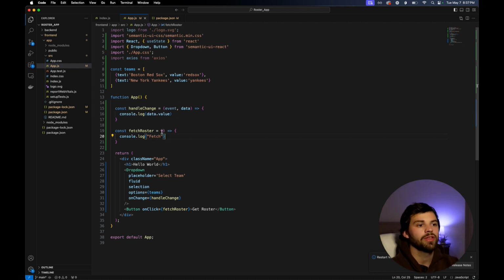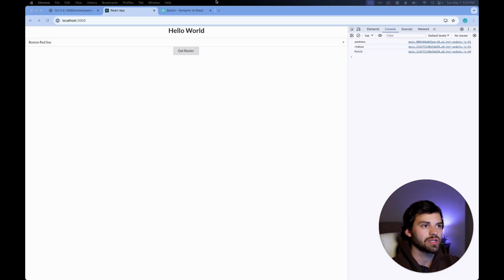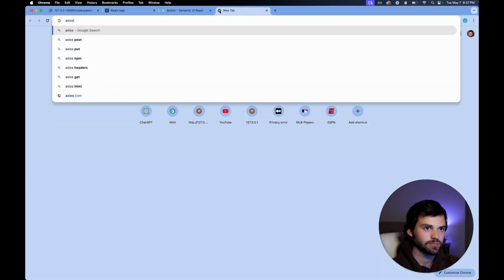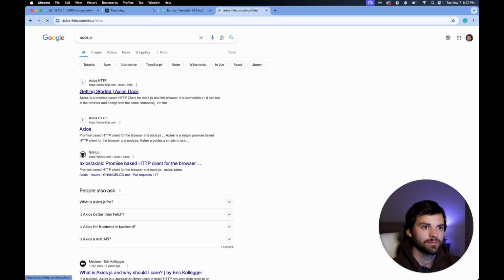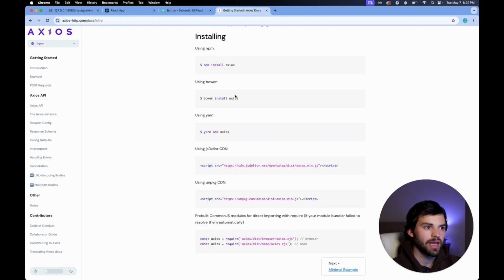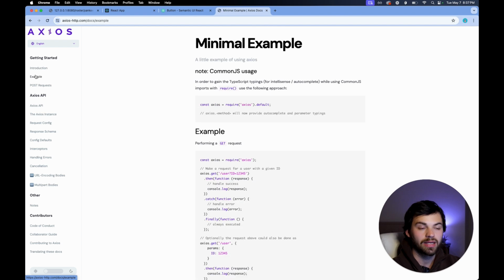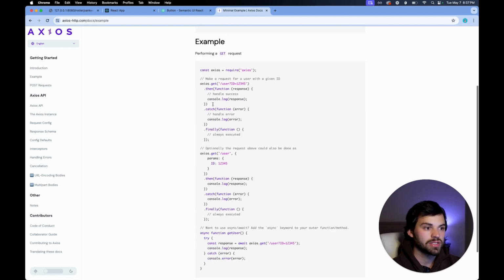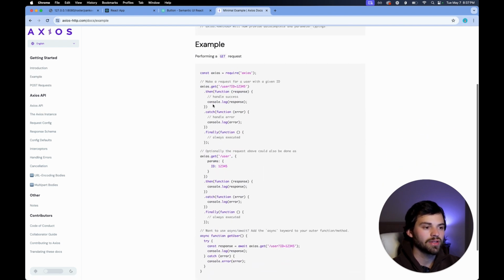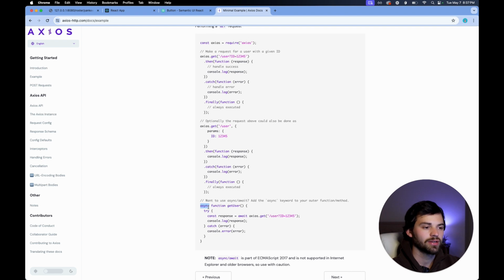Now, one thing we have to note is if we look at Axios' documentation, you're going to see that it gives us an npm install like we ran, and then let's look at the example. So you're going to see that we have this kind of async function, and async is important in